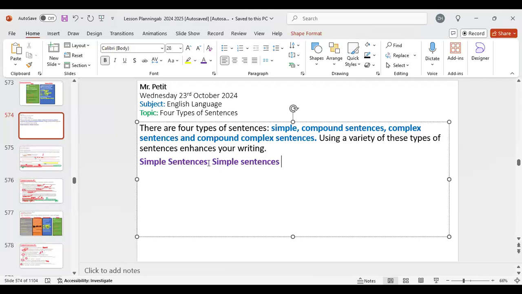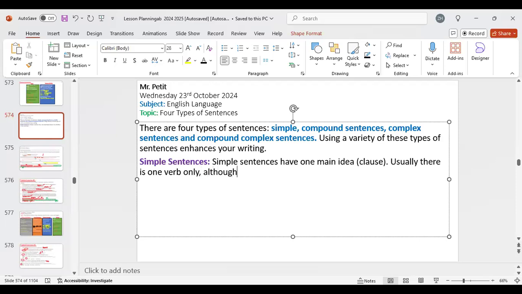To be an English teacher. All right, so simple sentences, let's write this down. Simple sentences are effective, they have their place, but you have to be able to understand when to use them. So simple sentences have one main idea. We call that a clause. And it usually has one verb, there's one verb only,